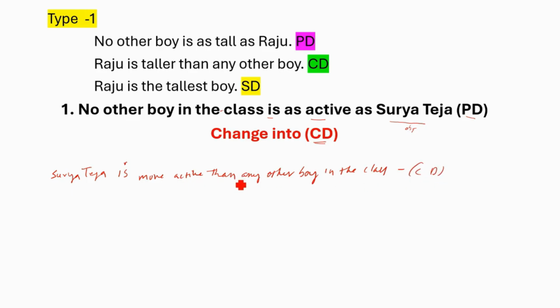So first we have to identify which degree the given sentence is. It is a positive degree, and it will change into the comparative degree. When we change it to the comparative degree, you write the same object in the beginning, then the same helping verb, then the adjective active. Here we don't add er, so we use more active: more active than any other boy in the class. That is the comparative degree. If you want to change this sentence to the superlative degree,